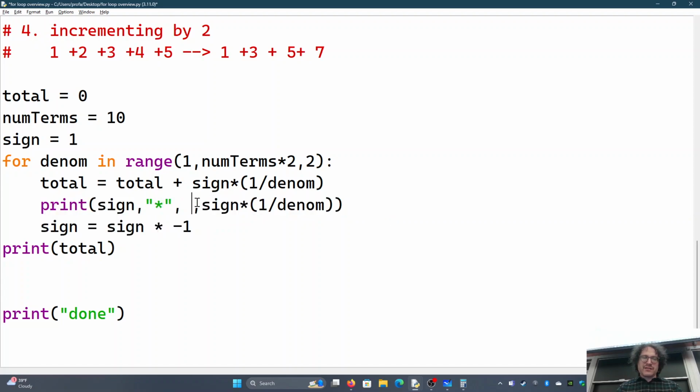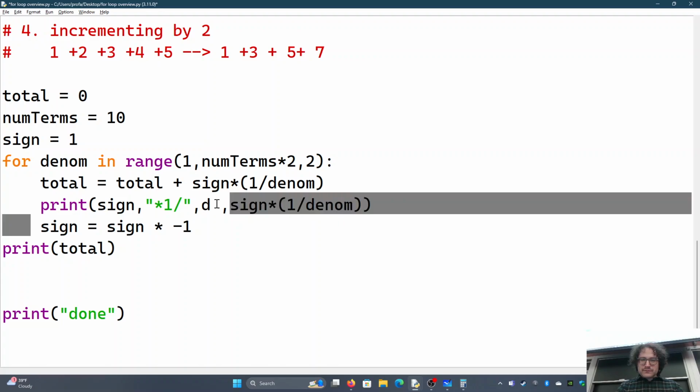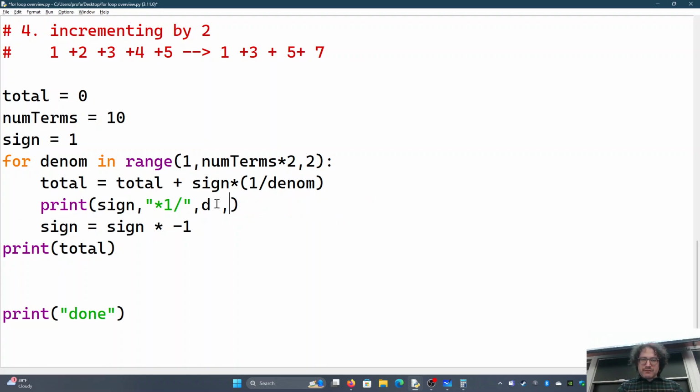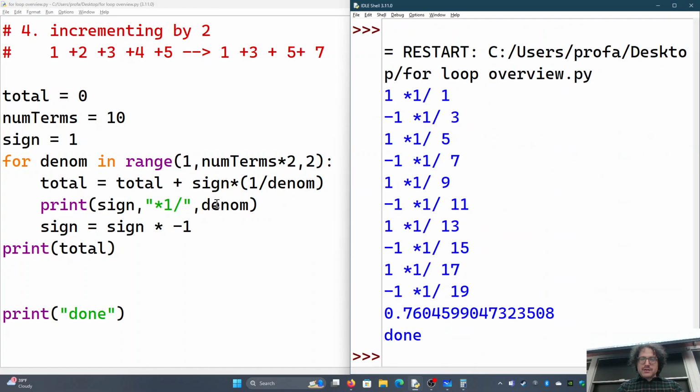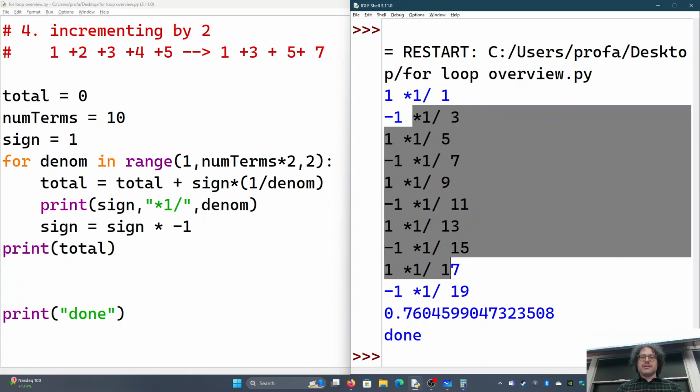This is for our sakes. Print out times 1 over denom. So there: 1 times 1 over 1, 1 times 1 over 3, 1 over 5, 1 over 7, 1 over